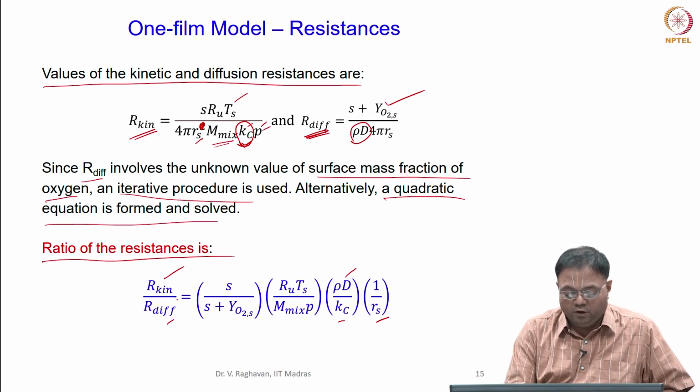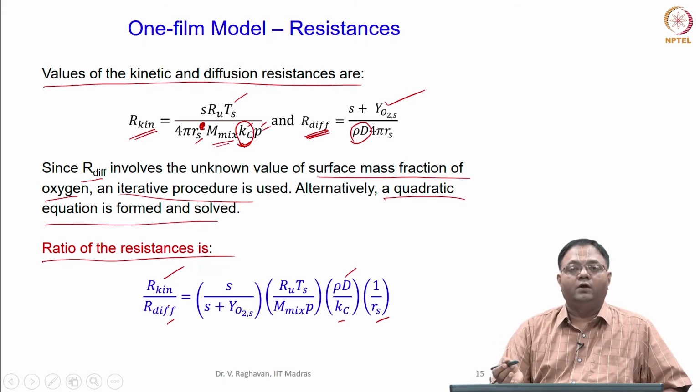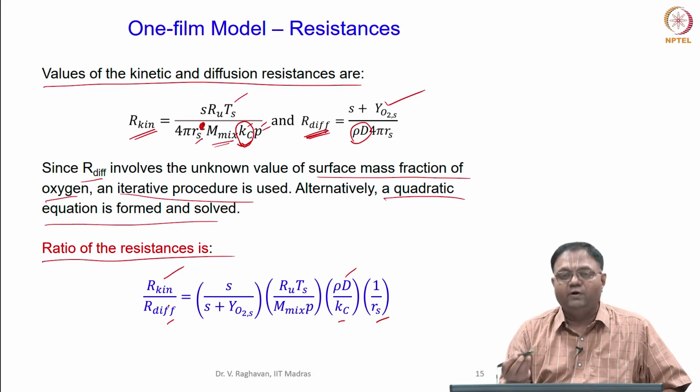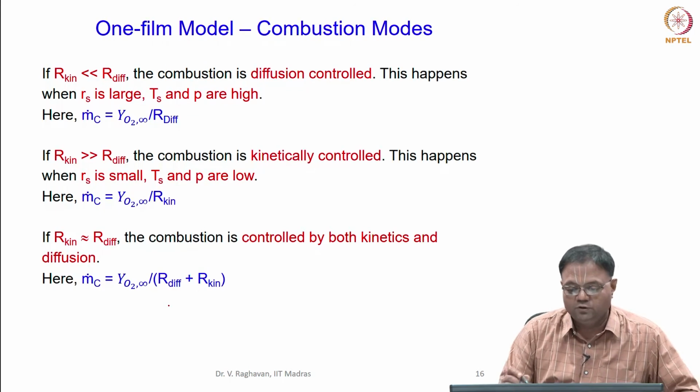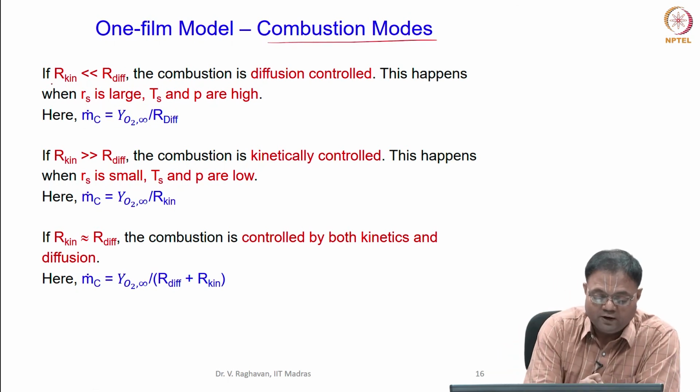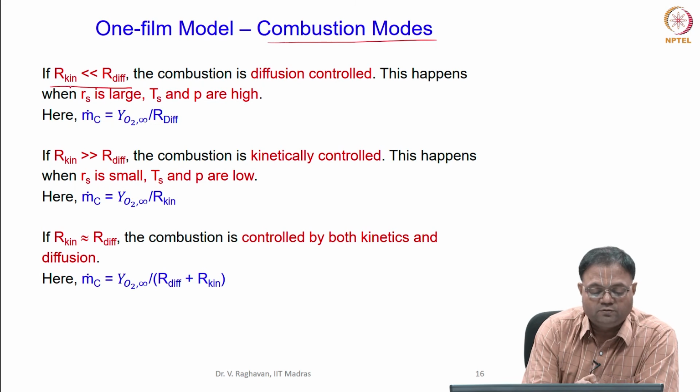there are scenarios. Let us say this ratio is much greater than 1, much less than 1, or almost equal to 1. We will get the modes of the combustion. So the combustion modes of carbon will be classified into 3. When the kinetic resistance is much lesser than the diffusion resistance,